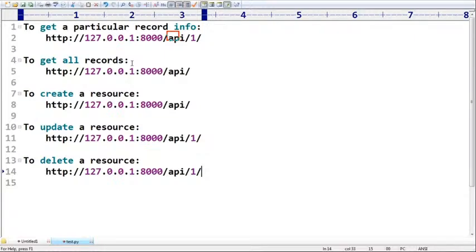Some people may use them interchangeably. A total URL is considered the endpoint anyway. But strictly speaking, this is the endpoint, and this part is called the base URL. Remember this: base URL followed by endpoint. So now, how many endpoints are we using? 2